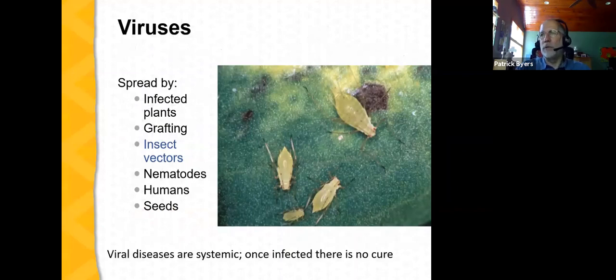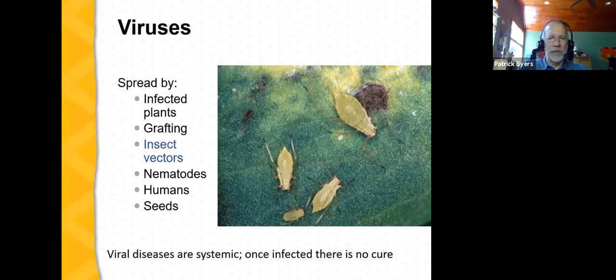And as we plant new plants in a garden, if those plants bring with them viruses, then we've unwittingly introduced that virus into our garden or onto our farm. They can also be spread by grafting. If we're grafting and for example, if we're interested in grafting apples and the tree that we select as the source of our scion wood is infected with viruses, the potential is there that every piece of scion wood that we collect from that tree could contain viruses, and all the new trees that we generate through grafting will contain those viruses. But frequently, viruses are spread by living vectors.